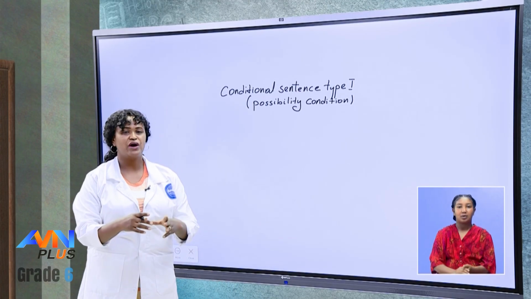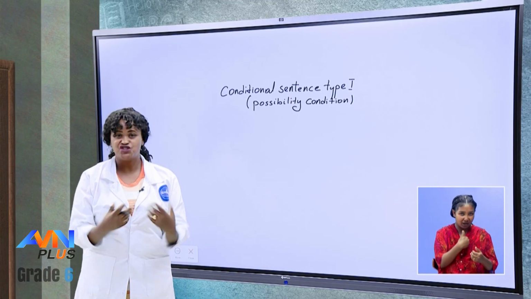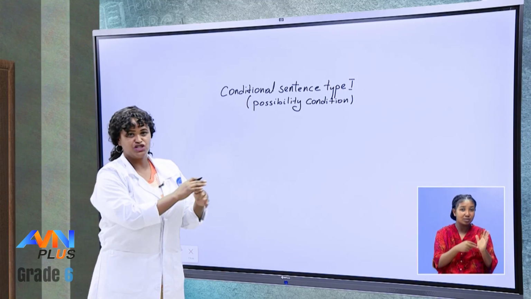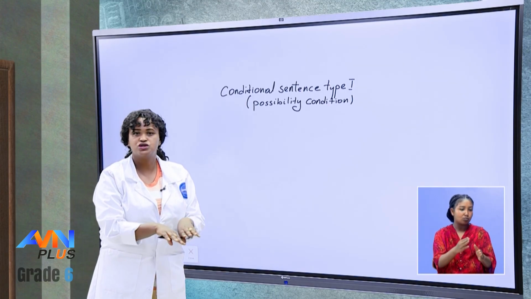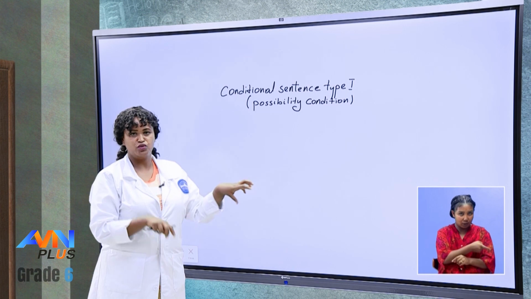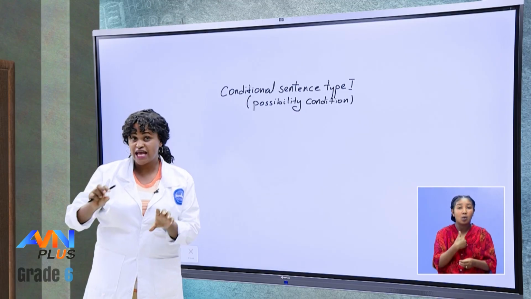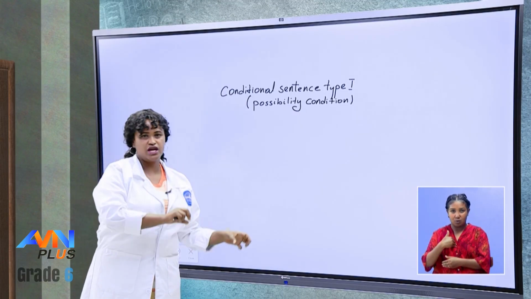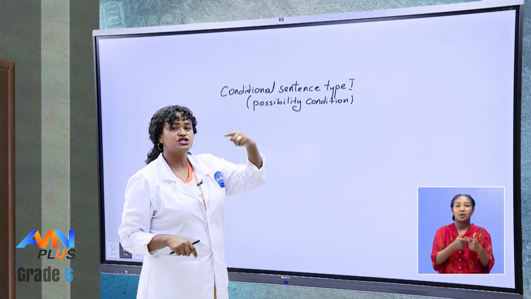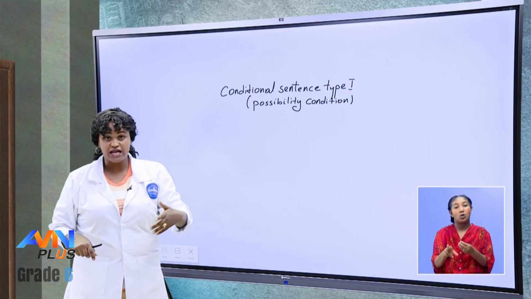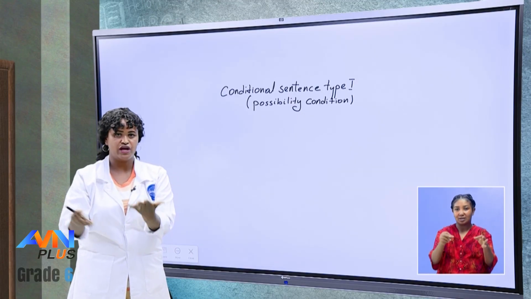Okay? When we talk about conditionals, we begin with the zero conditional. There is also what we call the zero conditional, which means there is a condition with unchanged effect, okay? Something which is proved or true, yeah? Which means simple present in both clauses, because I told you in every conditional there is what? If clause and main clause. Either you begin with the if clause or the main clause, it doesn't matter. Okay, then the second is the possibility condition or conditional sentence type 1. Then there goes on conditional sentence type 2, the unlikely or imaginary.